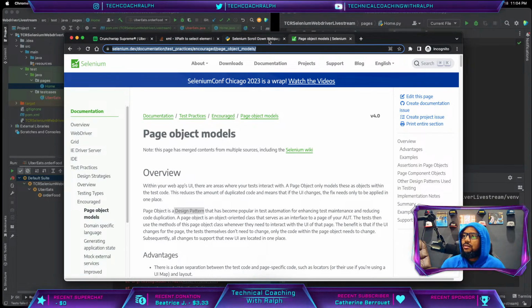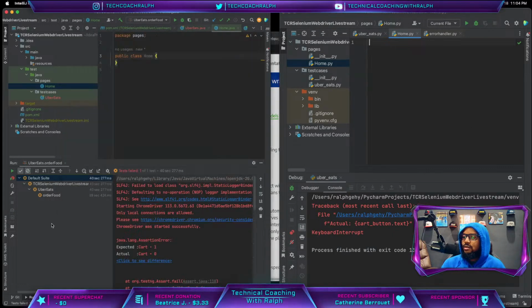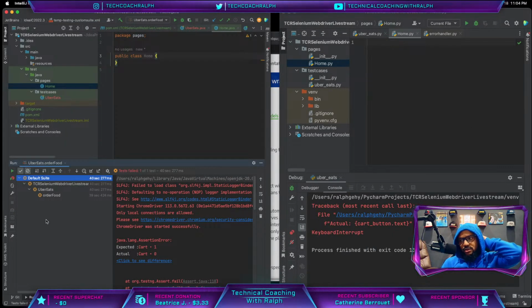But just to explain that in my own words, what the page object model does is it gives you a centralized location where, let's say for the homepage, you have all the code that you need for your homepage. That means all the selectors, all the methods for clicking and entering text and everything like that. Then, if we're using the Uber Eats example,